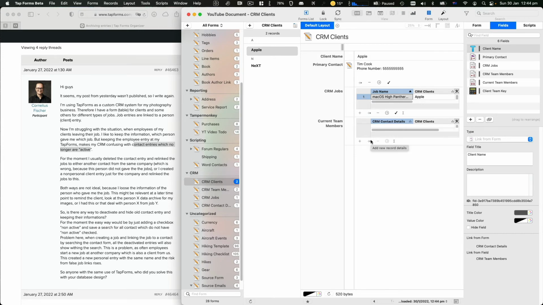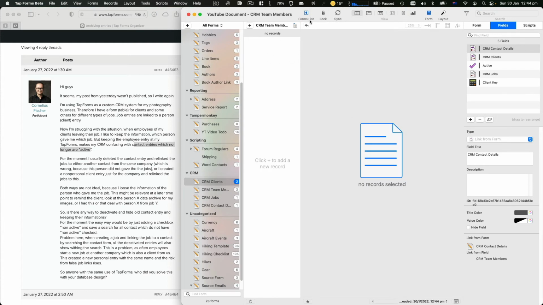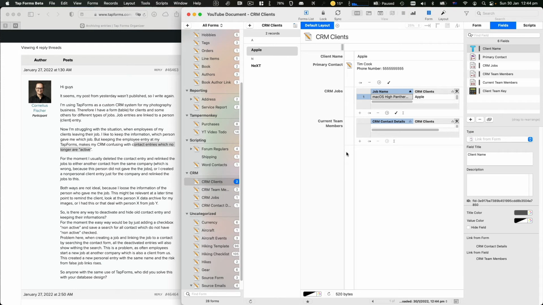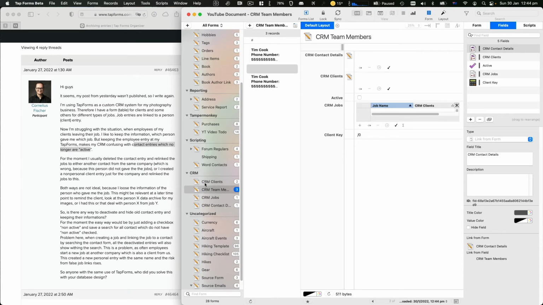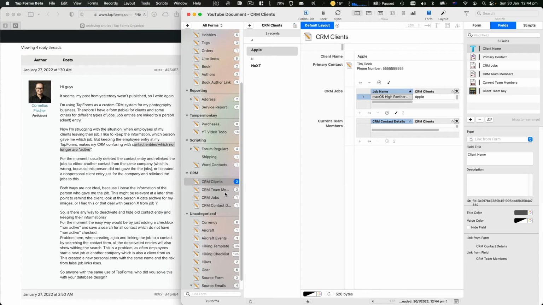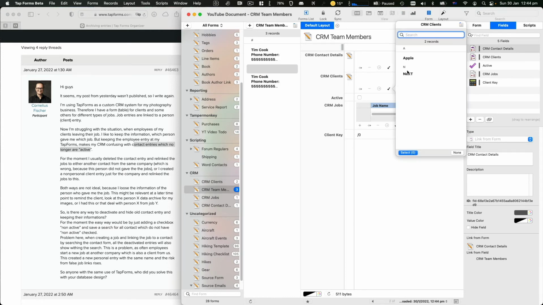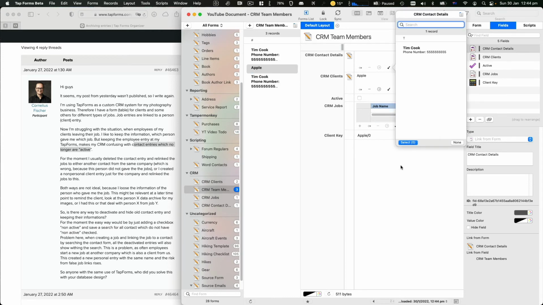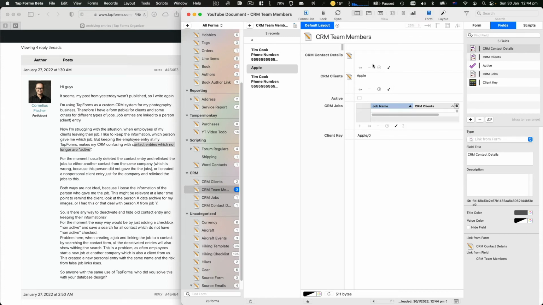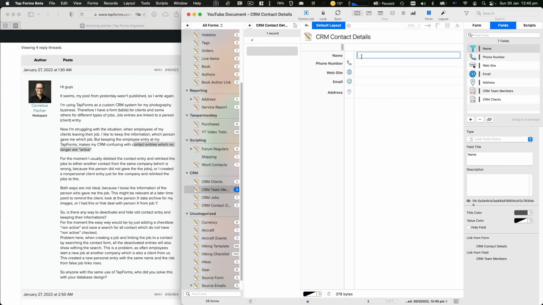Now, because this is a calculation joined on a calculation field, adding a new record isn't going to automatically work properly. That's a quirk of the calculation field essentially defining the join syntax. That data needs to be created. So if you use the plus buttons here, you'll end up with an empty record because the join data just isn't there, because you need to go in and select the details and the contact details. So that is the quirk of using the join field, but we can go here and just say